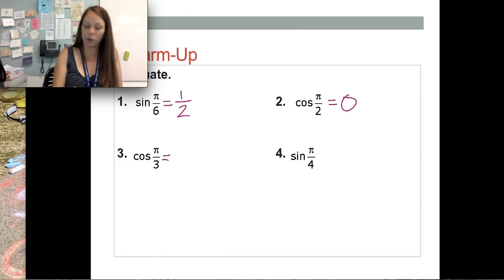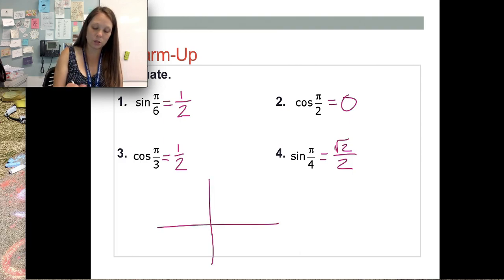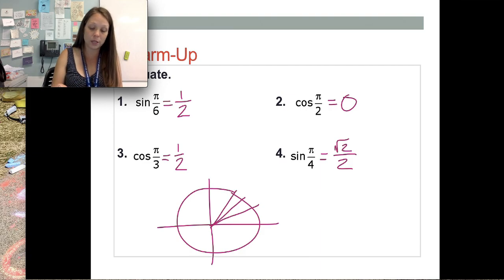Cosine of pi over 3 is 1/2. And sine of pi over 4 is root 2 over 2. And again, I'm getting that from the unit circle from quadrant 1. Pi over 3 is that first measurement, pi over 4 is the second measurement, and pi over 6 is then that third,